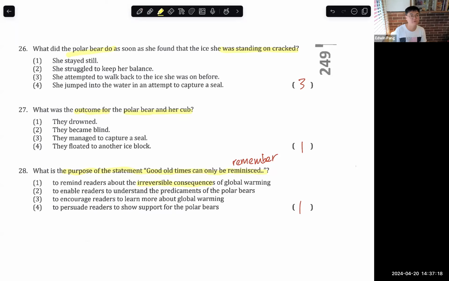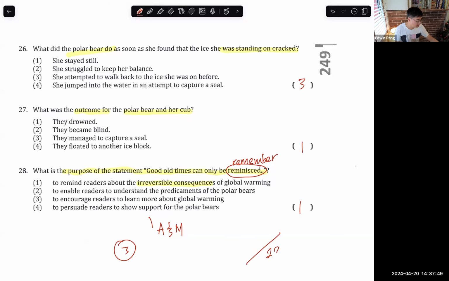Okay, so I cannot reverse the consequences of global warming. And that's the key word, right? I must focus on the key word here, right? So this one, right, is kind of like an author and me question, okay? This is the only author and me question in the entire set. Most of the questions are think and search, okay? Any questions? Please tabulate your score upon 28 and then write the master score upon 28 on the cover of your booklet A, okay? So upon 28,